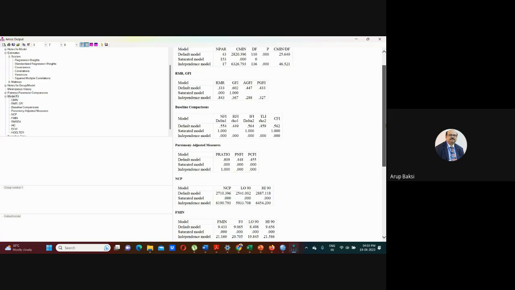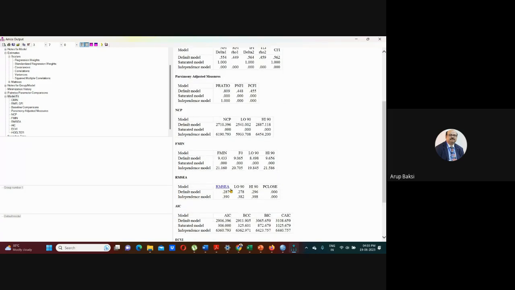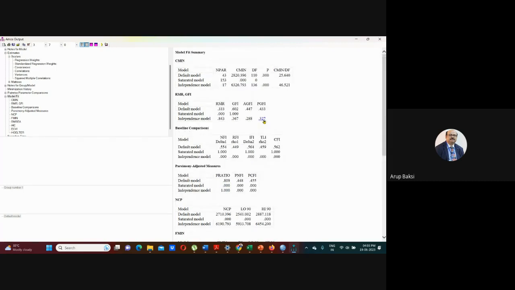The RMSEA score is again very high, 0.287, 0.390. It should be considerably low. Particularly the RMR score, it should not be greater than 0.050. So from the perspective of the goodness of fit indices, or the badness of fit indices, this model is not that good. Although